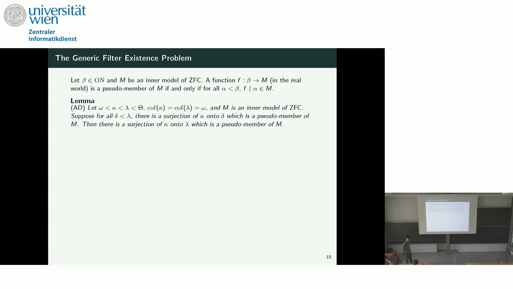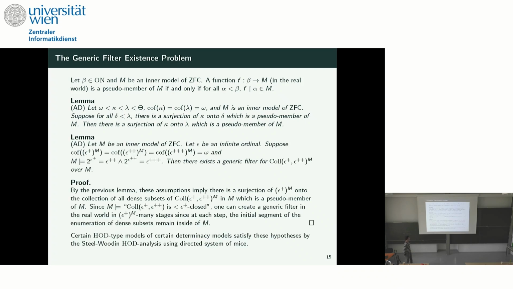Suppose for every delta less than lambda, you have a surjection of kappa onto delta which is a pseudo member of M. Then you actually have a surjection of kappa onto lambda which is a pseudo member of M. And this is just some simple combinatorial argument. You just patch together those omega many pseudo member surjections in such a way that it's still a pseudo member